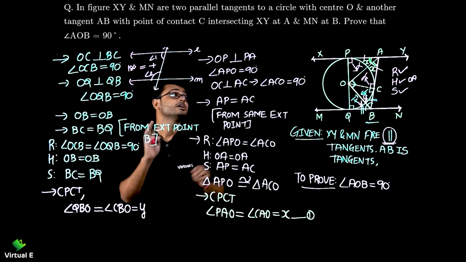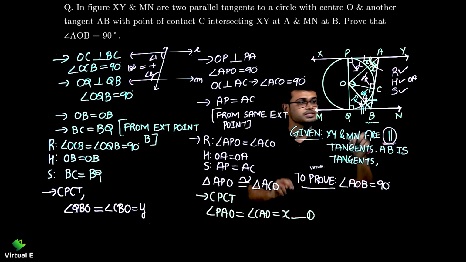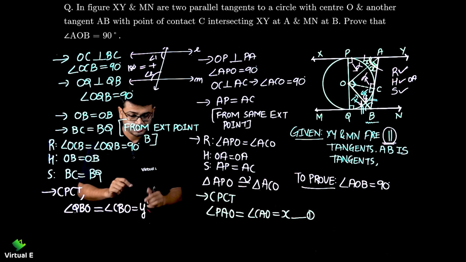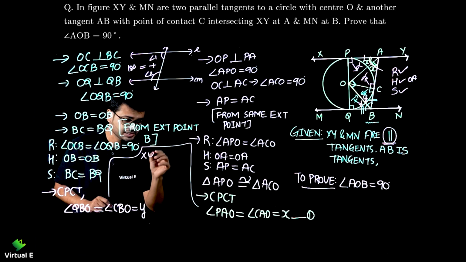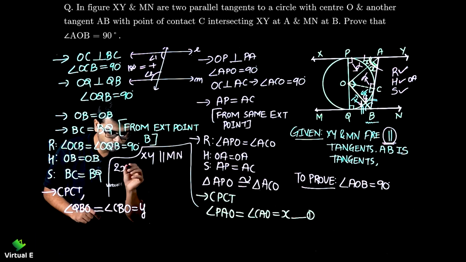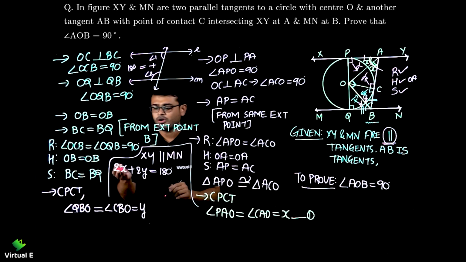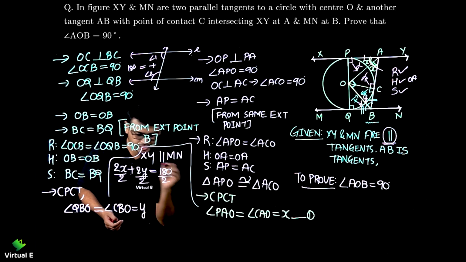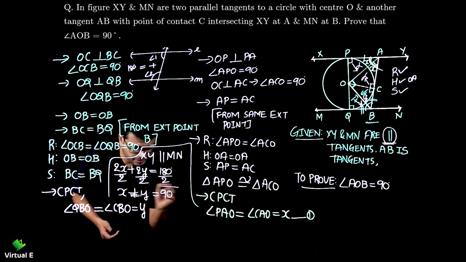We know that. Okay, so what I'm going to do, I'm going to take this complete angle, x and x what? 2x, y and y what? 2y, and what shall I get? 180 degree. So let's prove that here. As XY parallel MN, I can do calculation, 2x plus 2y is equal to 180 degree. Now see, all of them are even. Divide by 2. So I will get one relation, x plus y is equal to 90 degree, right?